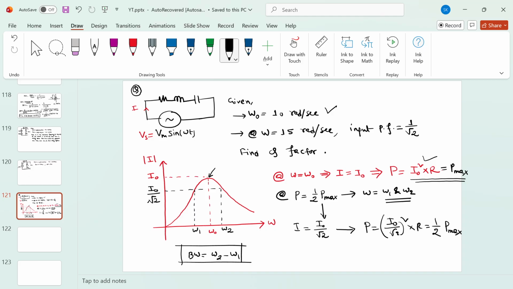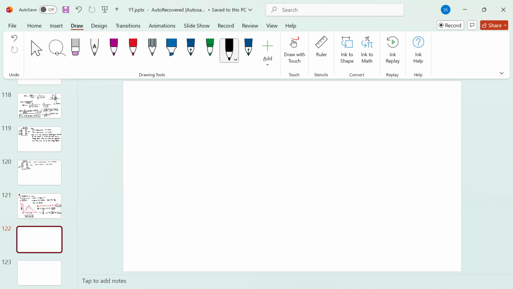Now we have to find out the relationship between the power factor and the half power frequency. We will try to find the impedance of the series RLC circuit. The impedance of a series RLC circuit is equal to R plus j(omega L minus 1 by omega C). What is the modulus of this impedance? The magnitude of the impedance is the square root of R square plus (omega L minus 1 by omega C) square. At any frequency, at any omega, the current should be